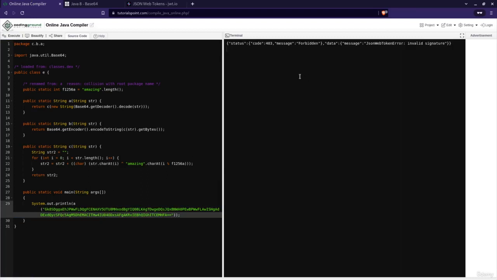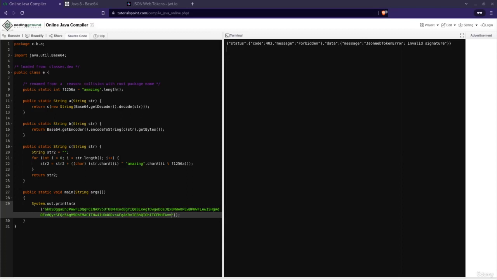Let's execute. No, I'm getting the 403 forbidden invalid signature. It means that the server is validating the integrity of this token, the JWT token. Now it is signed with a secret key. So there is one scenario wherein if the developers have not kept a strong JWT secret, we can brute force